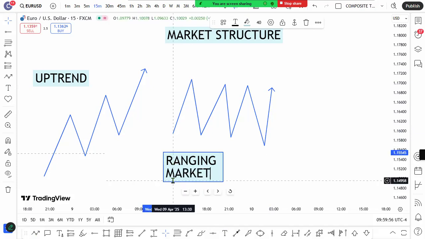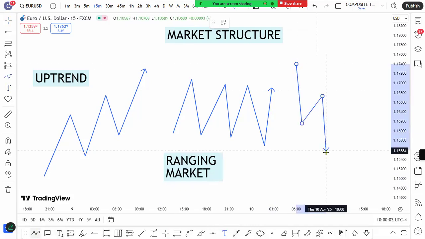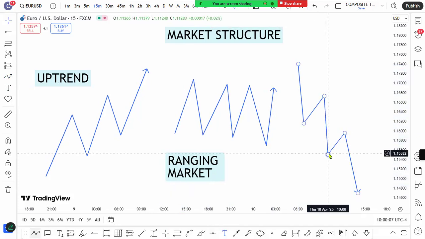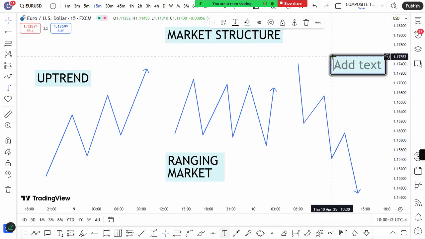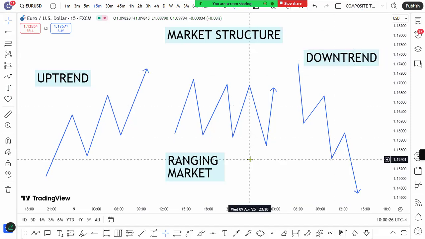Then, thirdly, we have what we call the bearish market, whereby the market will be pushing to the downside, right? Something like this. This is what we call the downtrend. So here, whenever you're looking at this market, your interest is to find a zone where you